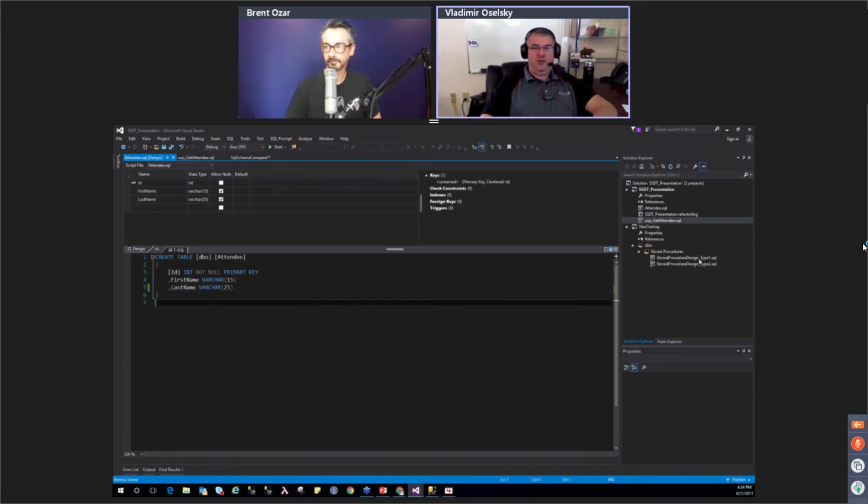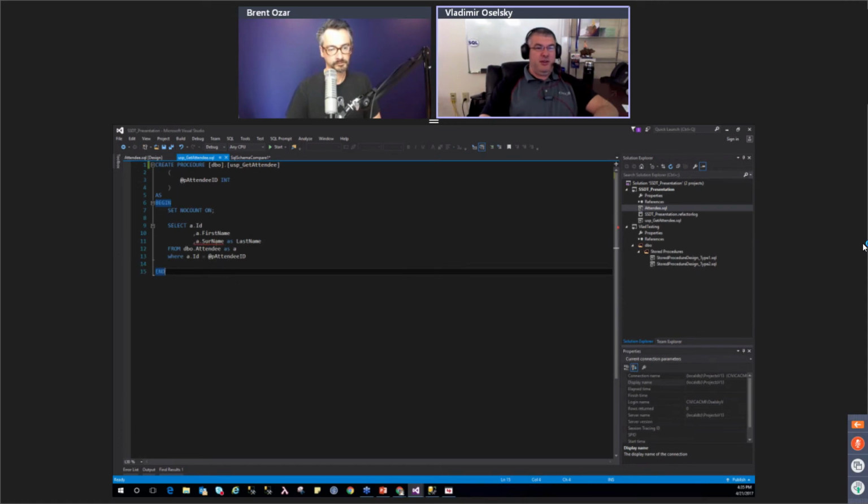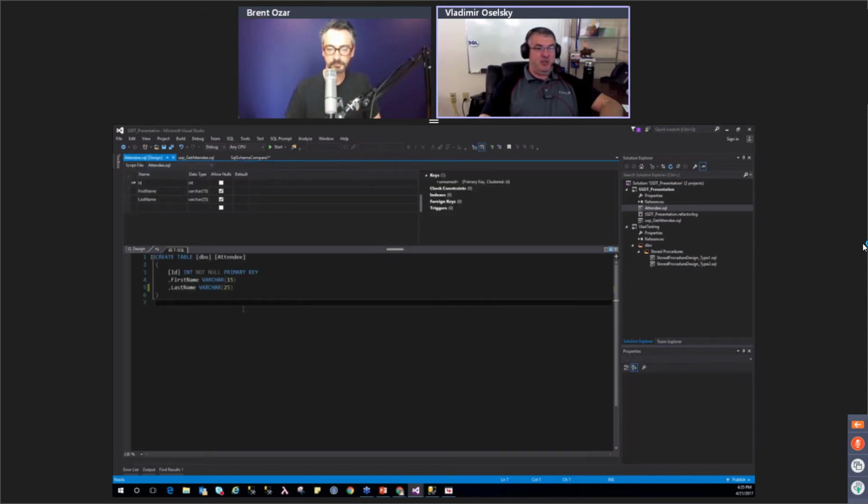And it's all great until you go back to the stored procedure. Now your stored procedure doesn't work because it expects a surname, but we changed our table to last name. Well, now we're back to generating the code, trying to rename all the instances of the stored procedures that we need to change. So there just has to be a better way of doing it.